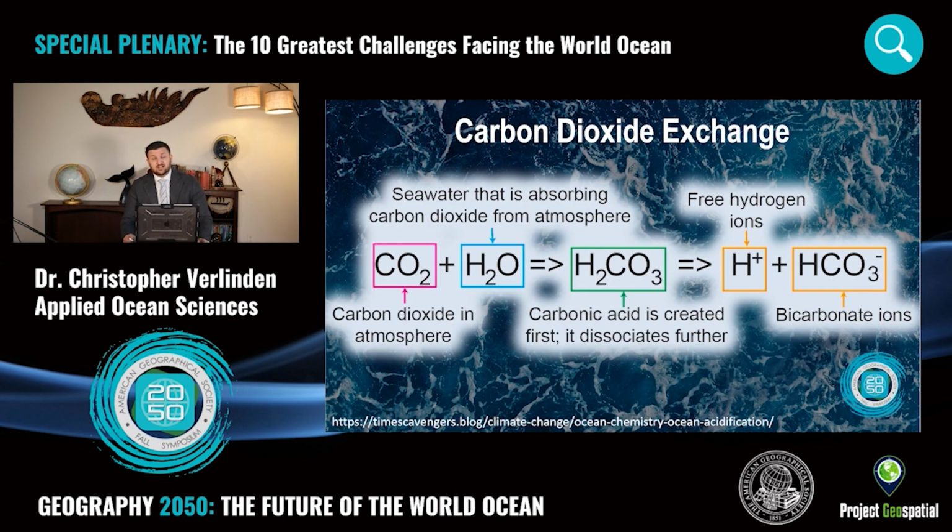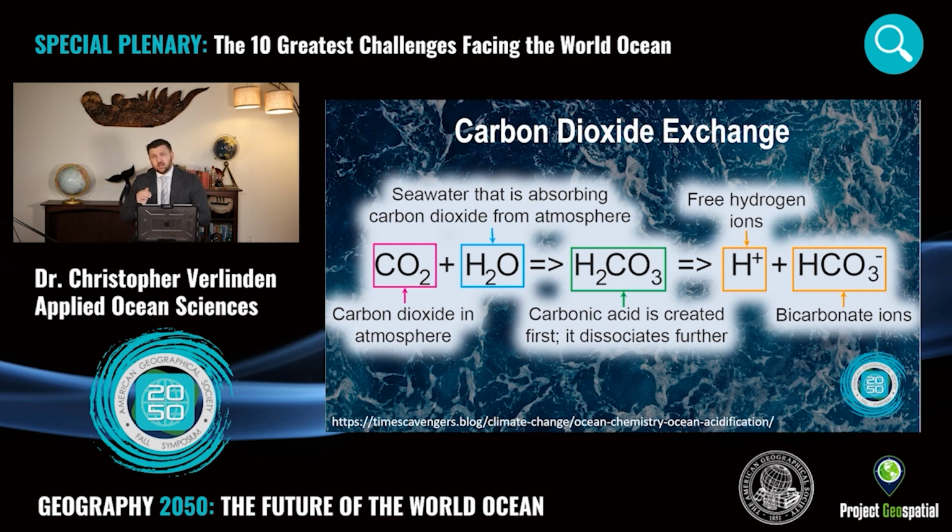And when carbon dioxide comes in contact with seawater, it dissociates into carbonic acid and bicarbonate and free hydrogen ions. Now, the definition of pH that we didn't discuss earlier, the strictly mathematical definition, is the inverse logarithm of the concentration of free hydrogen ions in the fluid. So what that means is if we increase the level of free hydrogen ions, we make the fluid more acidic,